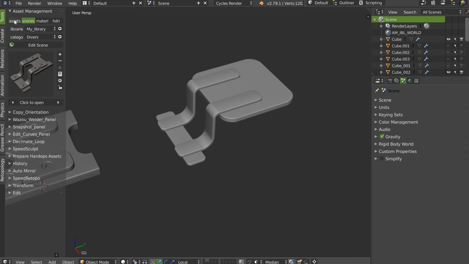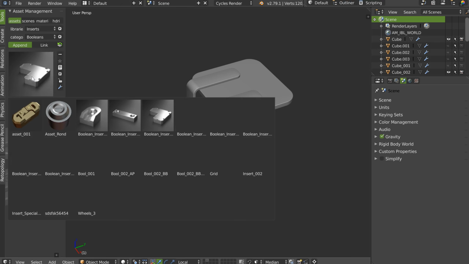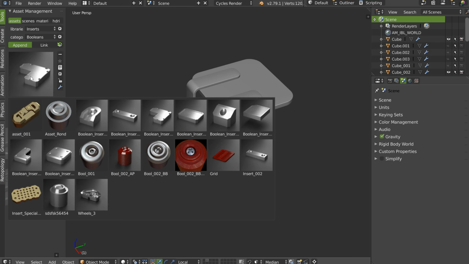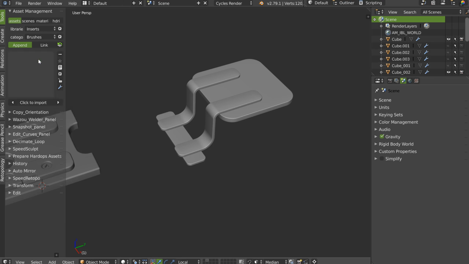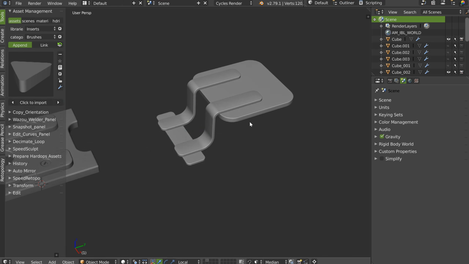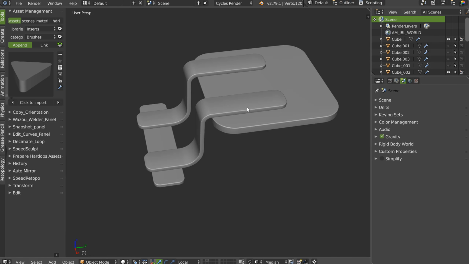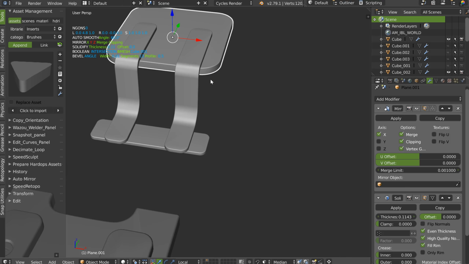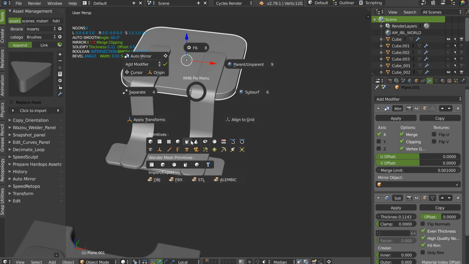So, if you have some insert, up, you have to use a Boolean. Let's see if I have something like this. No, I don't have something, maybe a brush. Not this one, or I will create it to show you. So I will select this one, I will press here, or you can call Wonder Mesh with Control Shift.